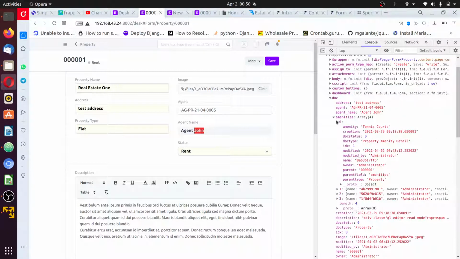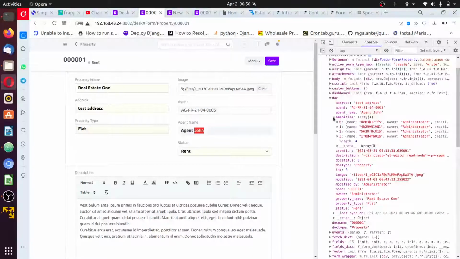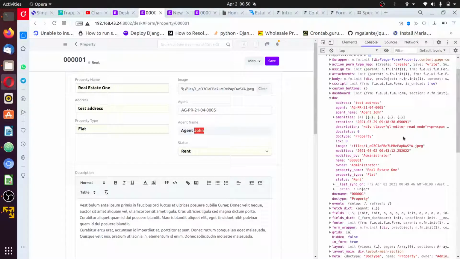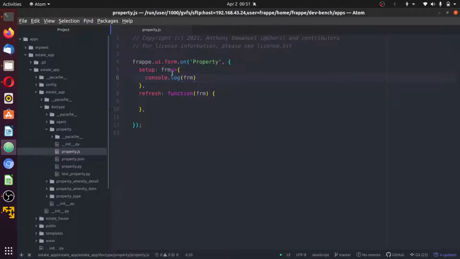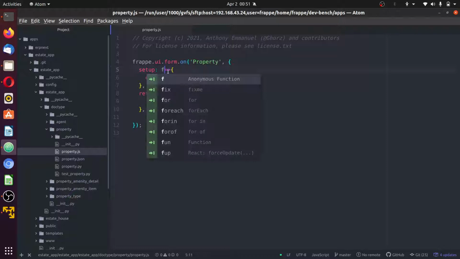The first one is, what's the name for the first one? Tennis court. The second one, you can go through it. Those are amenities, and several other things relating to this document. Property name, real estate one. The status is rent. The property type is flat. Okay, that is beautiful. I could also go old school here by saying function